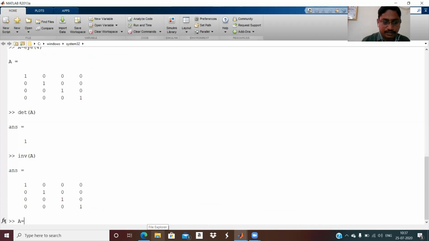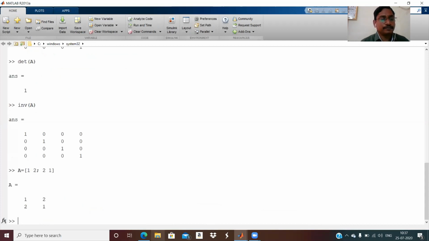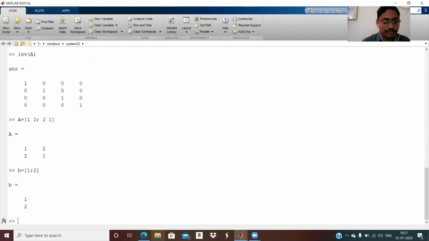Suppose A, I'll take a simple 2 by 2 matrix. B is a column matrix. So this is the Ax equal to B system, and we solve for X.